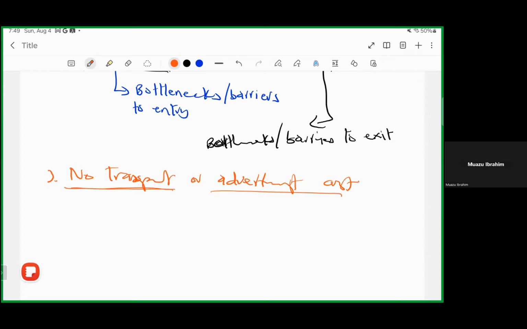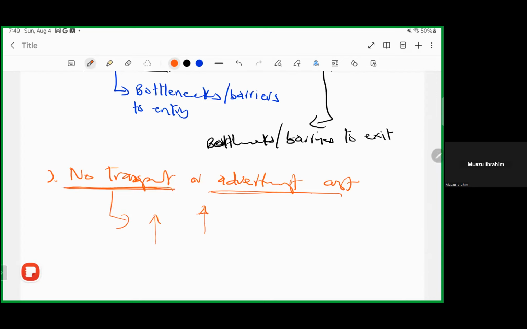And you know why? If you incur costs on transport, you will pass it on to customers, and by passing on to customers, it means your price will be higher. If you also incur advertising costs, you will also pass that extra cost to the customers, and in that particular case, your price is going to be relatively higher than other prices. Under a perfect competitive market, price is the same.